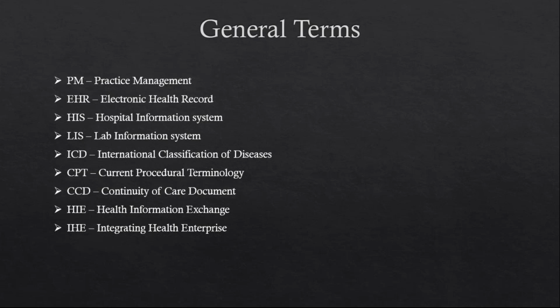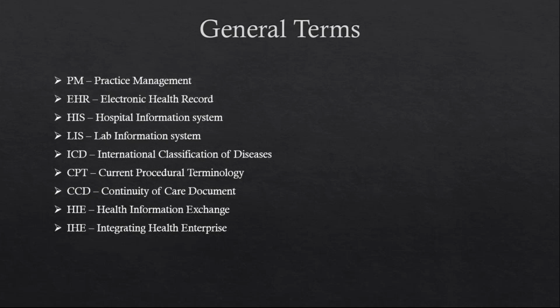Before getting into the session, I would like to go through the general terms that we would be using down the line. A PM is a practice management system, which will be used by the receptionist in order to register demographics, which is nothing but patient details like name, date of birth, gender, insurances of the patient, and all of those things, and also to create appointments which can be sent over to the EHR. EHR is an electronic health record, which is a clinical application which is used by doctors to enter the entire clinical information of the patient.